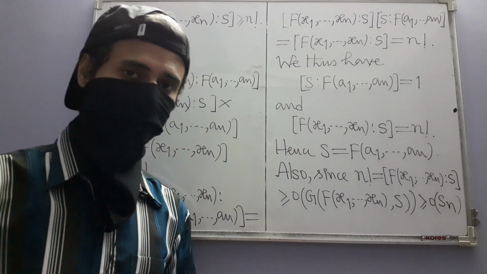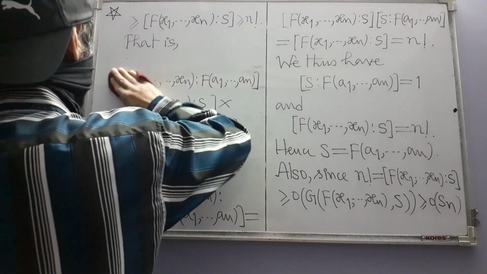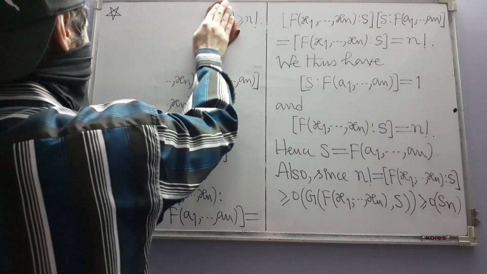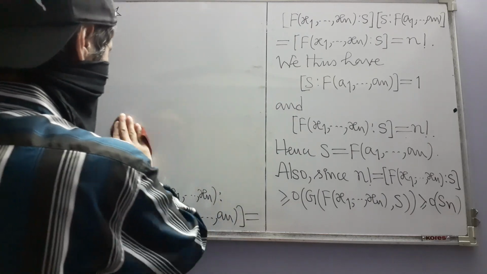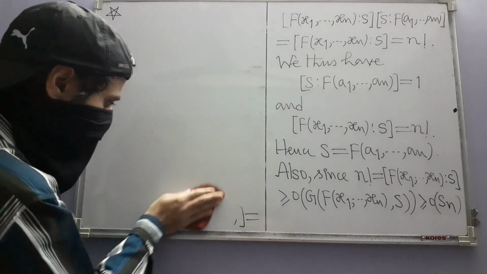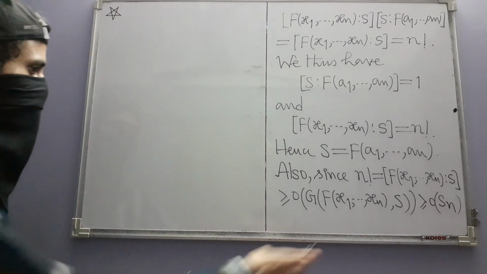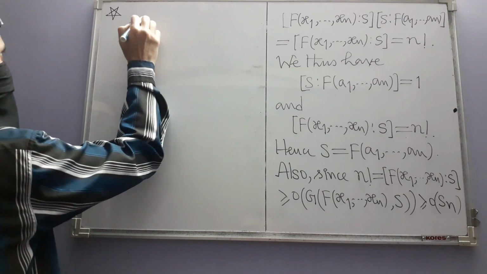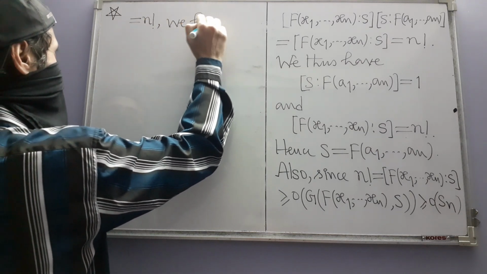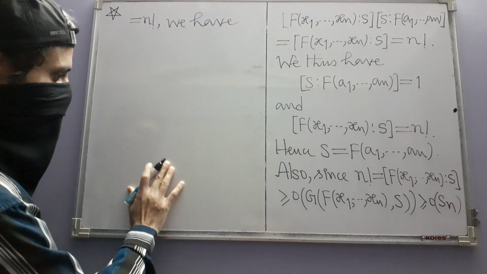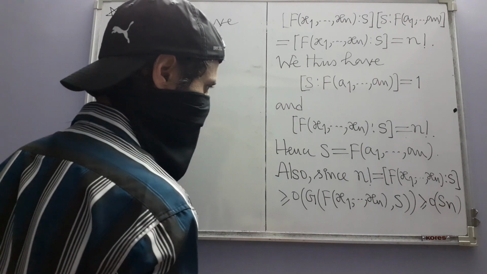So from these inequalities also we will get equalities. That is equal to n factorial, we have, you see,